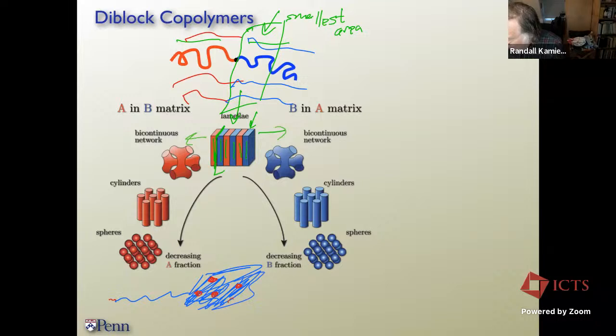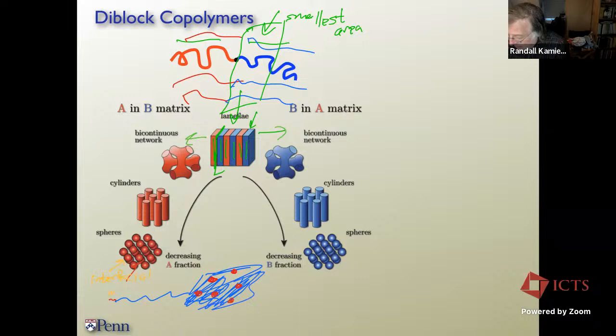And these little droplets of red are surrounded in an ocean of blue. So what you should imagine is that between these red dots, it's all blue polymer. And it makes a sphere because a sphere minimizes the interfacial area